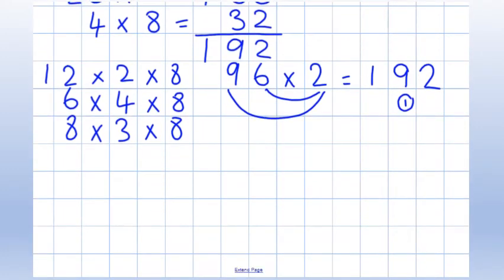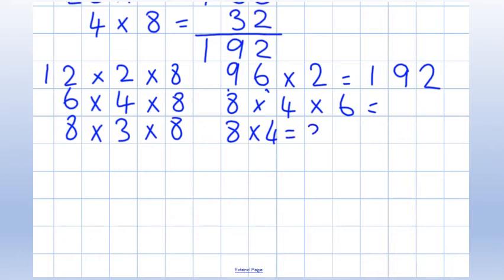Absolutely. Right, let's check 6 times 4 times 8 then. I'm just going to rub those arms out. And while I'm doing that, if you chose to do the 12 times 2, you can check your working. So then we've got 6 times 4 times 8, which I think I'm going to rewrite as 8 times 4 times 6, actually, because I know that 8 times 4